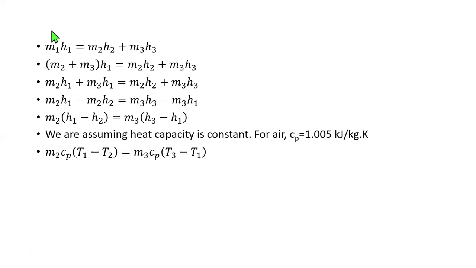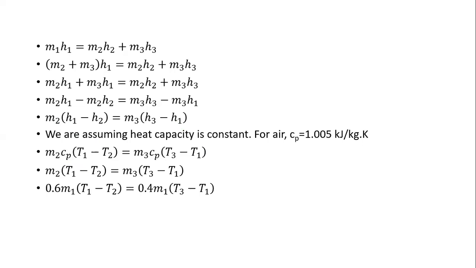So in effect, this part here becomes M2 times Cp, T1 minus T2, because we're moving from H1, we are looking at H1 minus H2. And this part also becomes M3 Cp, T3 minus T1. But then we have the same Cp value, so they can cancel out, right? And we also said that,